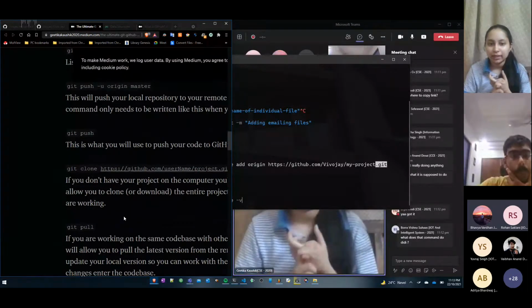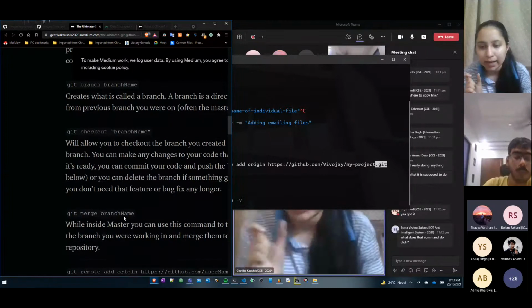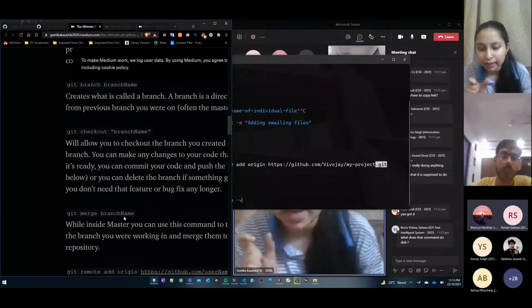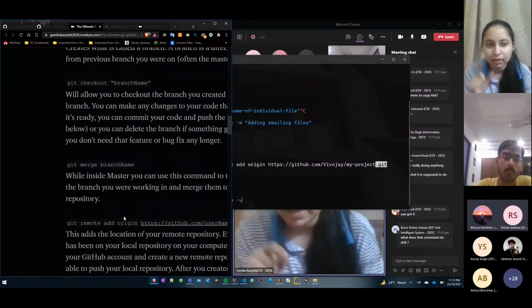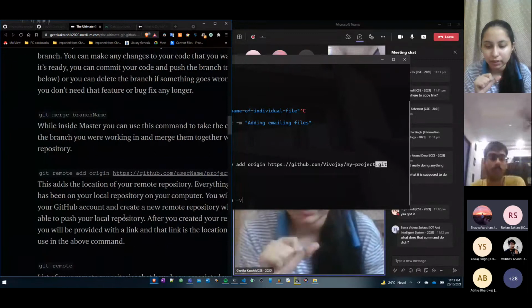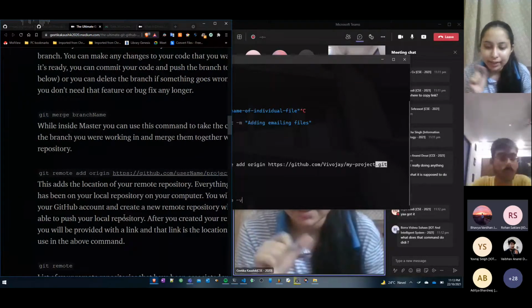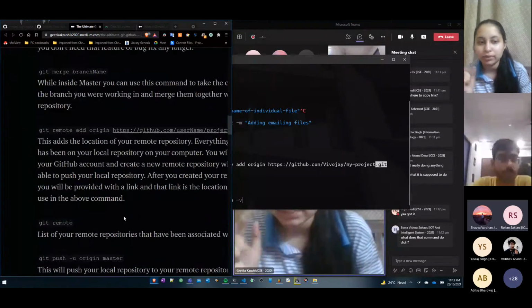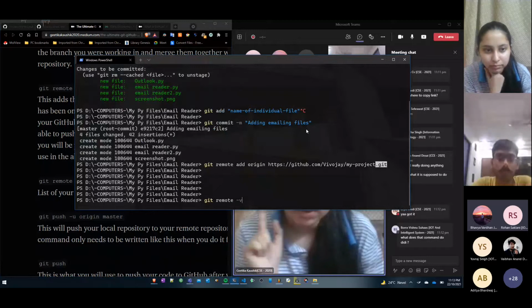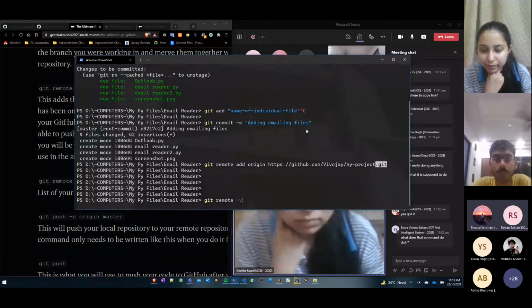So first we wrote git remote add origin. We are adding it to the remote, and in the next command, git remote -v, we are connecting the local repository to the remote server. Yes, press enter.